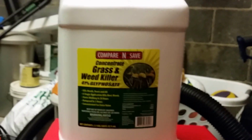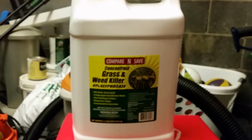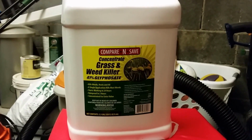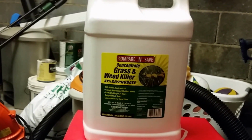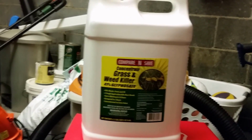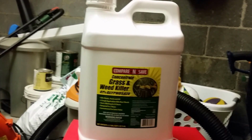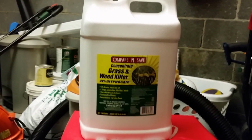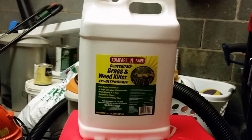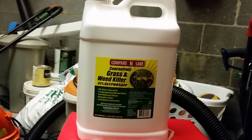Now this stuff takes a lot longer than Roundup to work. So, let me change this lens here. Coming a little fuzzy. There we go. Like I said, this doesn't work that quick. You spray this stuff, 3 days later, the weed or the grass, you might see a little bit of a wilt in it, maybe a little bit of a brown color, but nothing like the Roundup does. But this stuff kills them dead. You'll notice in 2 or 3 weeks, maybe 4 weeks, you just look out there and it'll be gone,